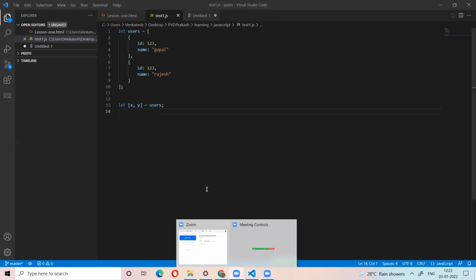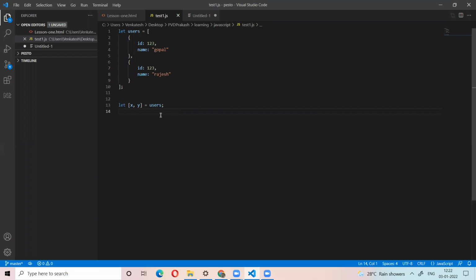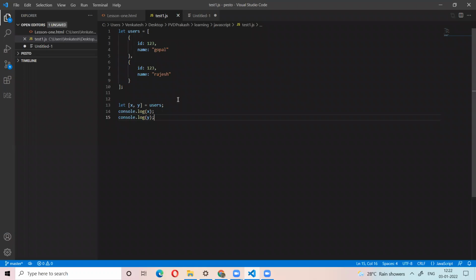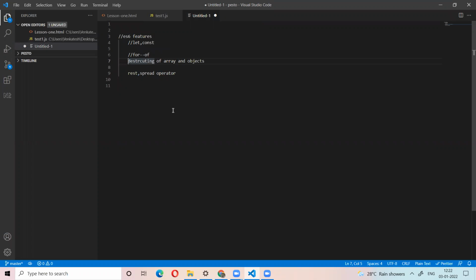X value is id 123 and name Gopal. My id is 123 and name is Rajesh. Correct. So we can take every object into a separate variable. See, first value is this one, second is the other. This is called the array destruction. So in the latest ES6 features, they introduced destruction of arrays and destruction of objects. Okay. Understand, right? Yes, sir.